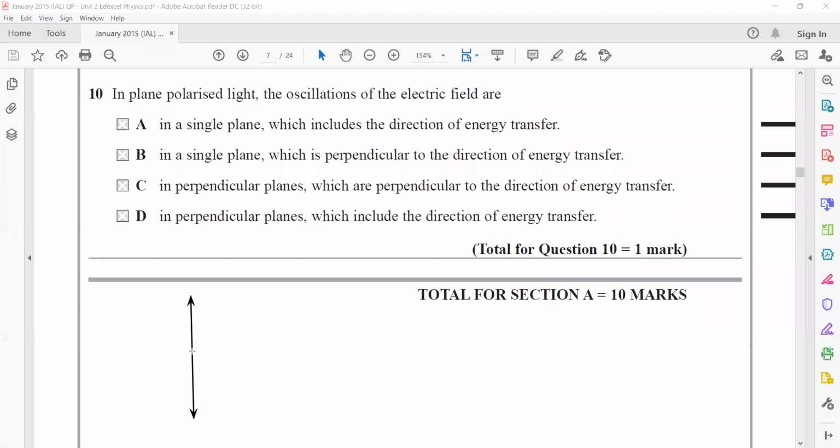For example, if you are representing electric and magnetic fields, because it's an electromagnetic wave, the electric and magnetic fields are perpendicular to each other. When we draw the electric field, the polarized light will have a single plane. That's one thing. And that plane, if this is the direction of propagation,